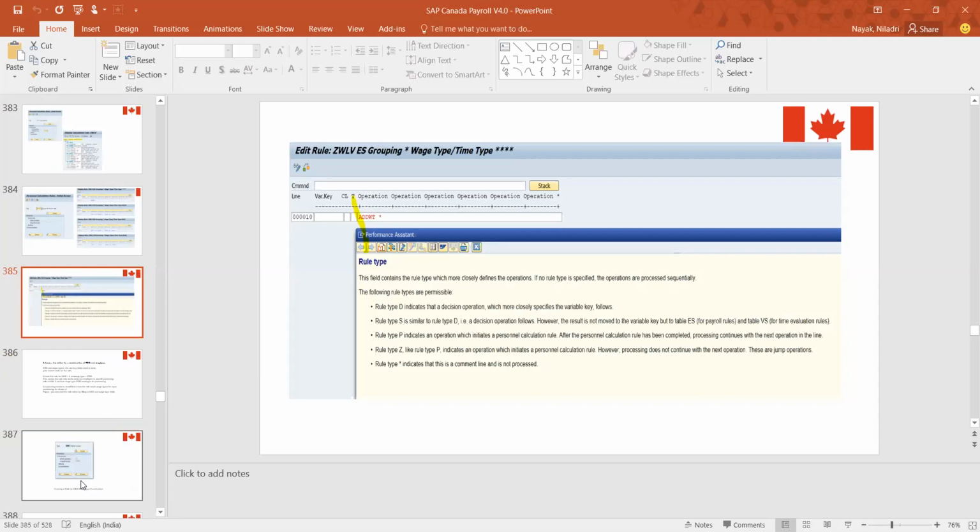Actually, it is best practice not to touch any standard rule. What we generally do is copy the standard rule, whichever is very similar to the schema, like the schema we followed. Every country-specific setup will have its own specific standard rules and all. Generally, we copy that, and